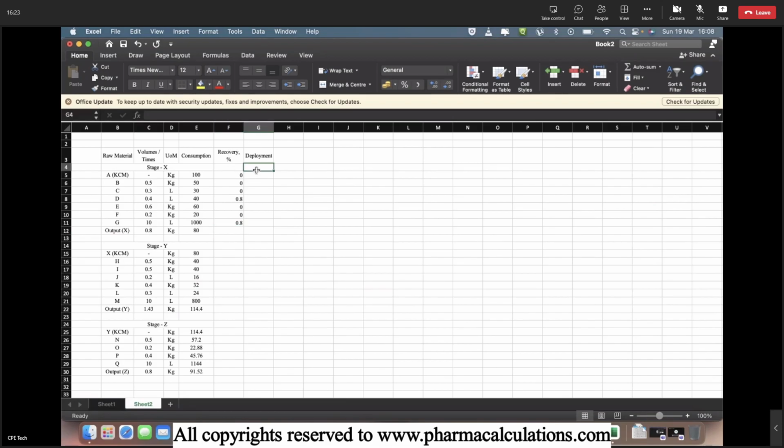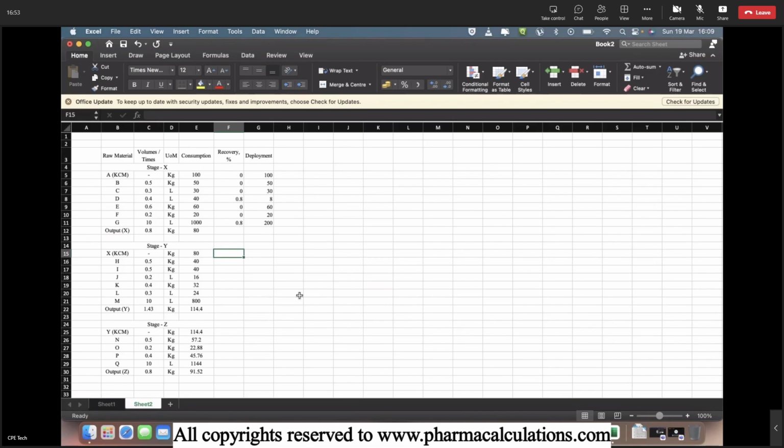Okay, and now the thing is deployment. While making this deployment, the easy thing is the total consumption into 1 minus recovery. Okay, so just try to drag it. And similarly, this is the way for